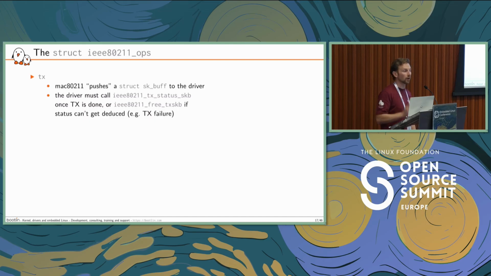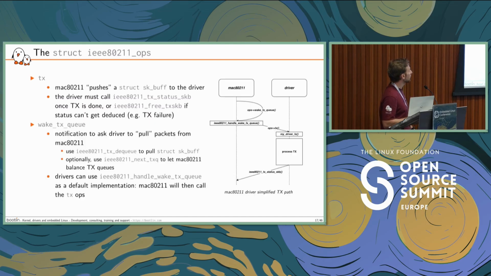In fact, this is not the only TX-related operation I have to implement. I also have this wake TXQ. In this case, this is rather a pull model. I still have to implement it. And in this case, the kernel, and so the MAC 802.11 core, is queuing some packets in a queue and is letting me know each time it queues a packet. And then it is up to me in the corresponding ops to either start dequeuing or manipulating the different MAC 802.11 queues to get the next packets, through some specific APIs like TXDQ, NextTXQ, and so on.